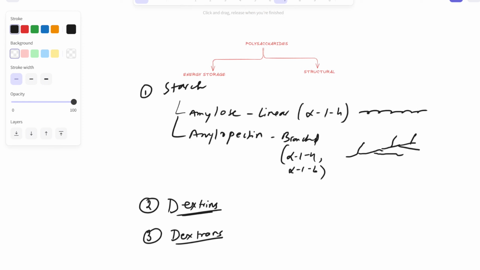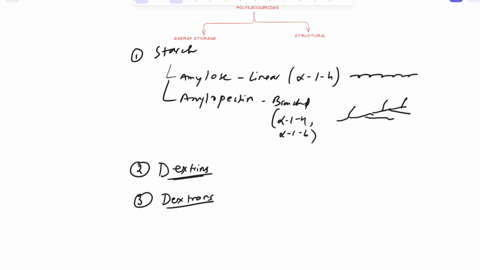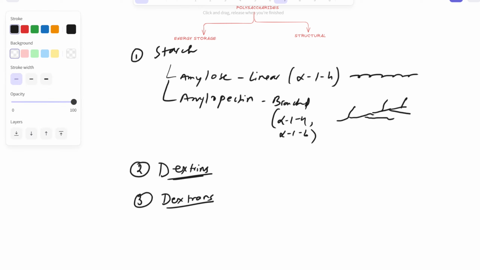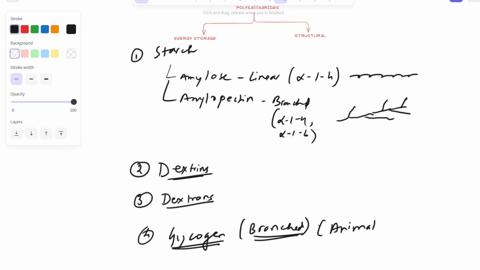So, after starch, which is the main primary storage energy in plants, we come to glycogen, which is the primary storage energy in animals and fungi. So, in human beings, it is stored primarily in the liver and muscle. It's structurally very similar to amylopectin, but far more highly branched, with alpha 1,6 linkages every 8 to 12 glucose units. This extensive branching is a master stroke of evolution. It allows for rapid synthesis, which is glycogenesis, and breakdown, which is glycogenolysis,